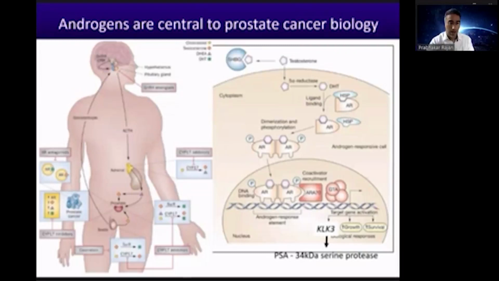So once DHT is bound to the androgen receptor, it dimerizes and is imported into the nucleus, where it binds genes within what we call androgen response elements, which regulate expression of the genes themselves. These genes underlie important functions for the cancer cells, such as growth and survival of the cell, but also regulate expression of certain proteins. So the KLK3 gene, for example, encodes PSA, which, as you know, we use for